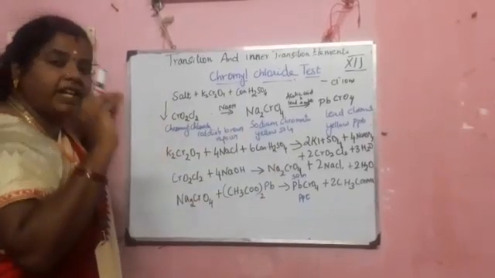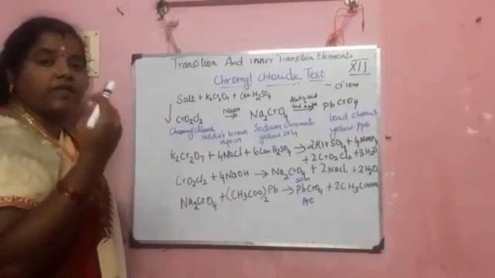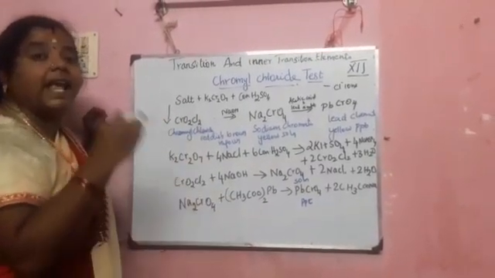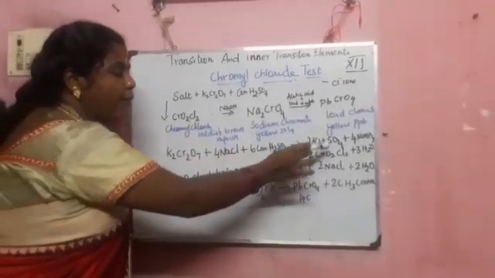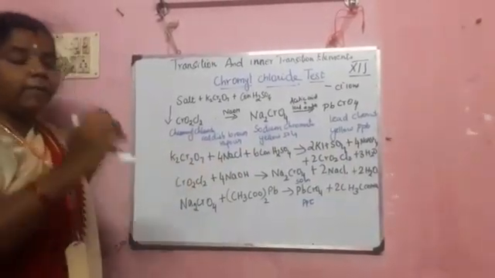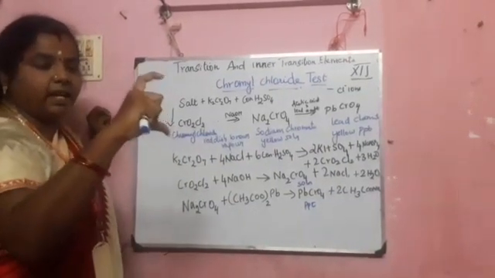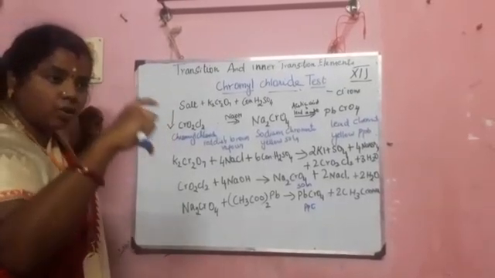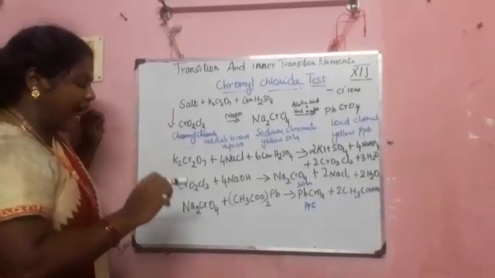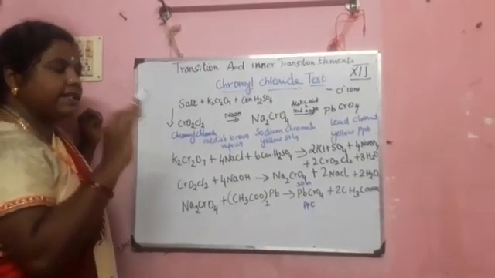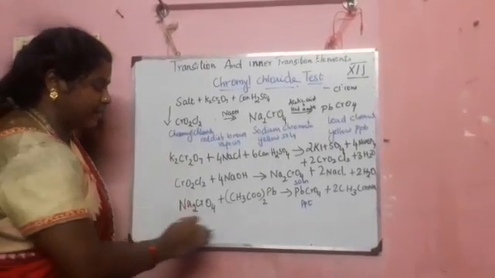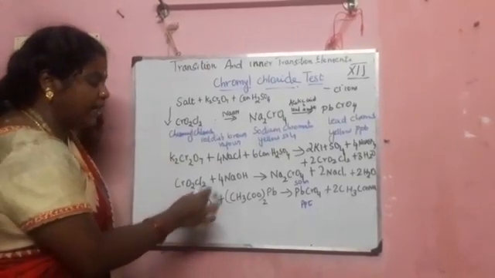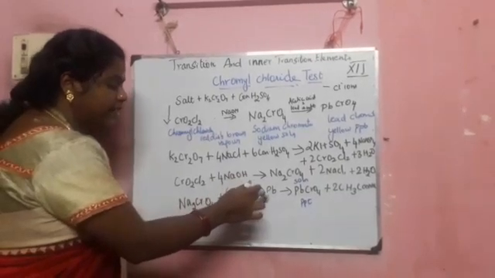It will be in the form of a liquid only. Sodium hydroxide is colorless, but after passing the chromyl chloride, it is formed as a yellow color liquid. So NaCl and water droplets will also be formed. You will get sodium chromate as a solution. For that solution, in the third step, you add acetic acid and lead acetate. So Na2CrO4, the yellow solution of sodium chromate, is treated with lead acetate and acetic acid.